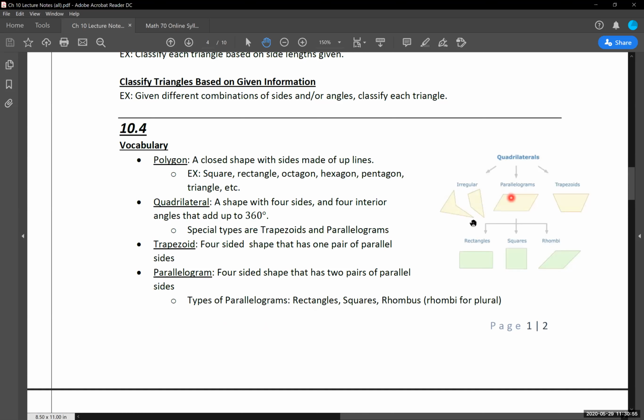Because, as we can kind of see with the picture, and I'll go into this in a little bit, there's a lot that this breaks down to. There's a lot of vocabulary. There's a lot of different ways that we can and will be classifying and calculating things. I am not expecting you guys to have all of this memorized. If it comes time on the final exam, it'll probably give you the necessary information that you need.